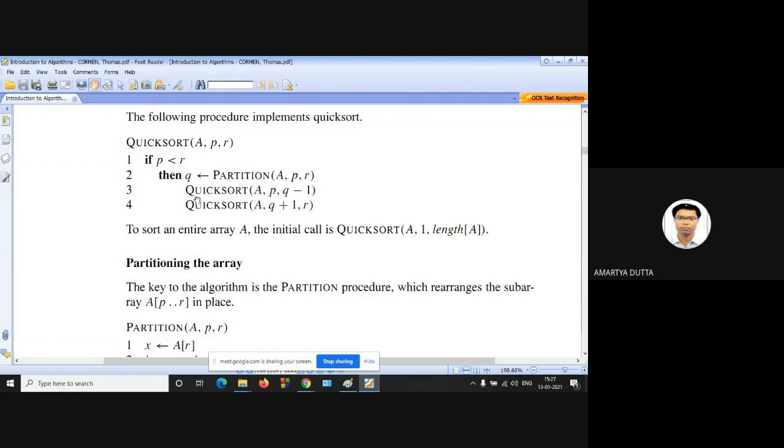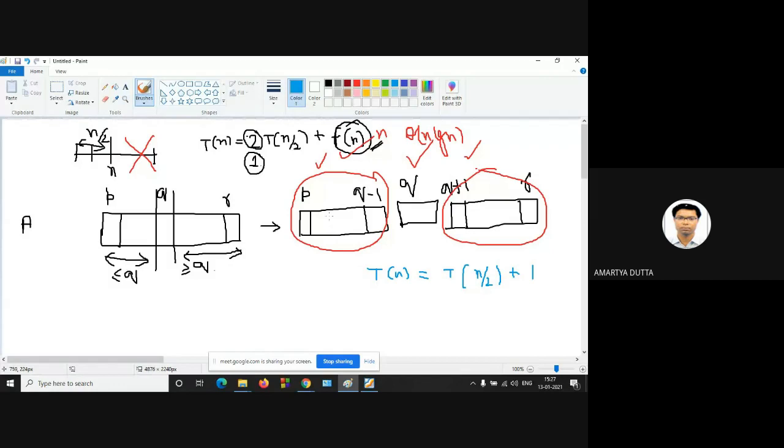Then lines 3 and 4 are used for the recursive quick sort calls: QuickSort(A, p, q-1) and QuickSort(A, q+1, r). That is, you now call for this particular subarray and that subarray. For the first, the first index is p and the last index is q-1.